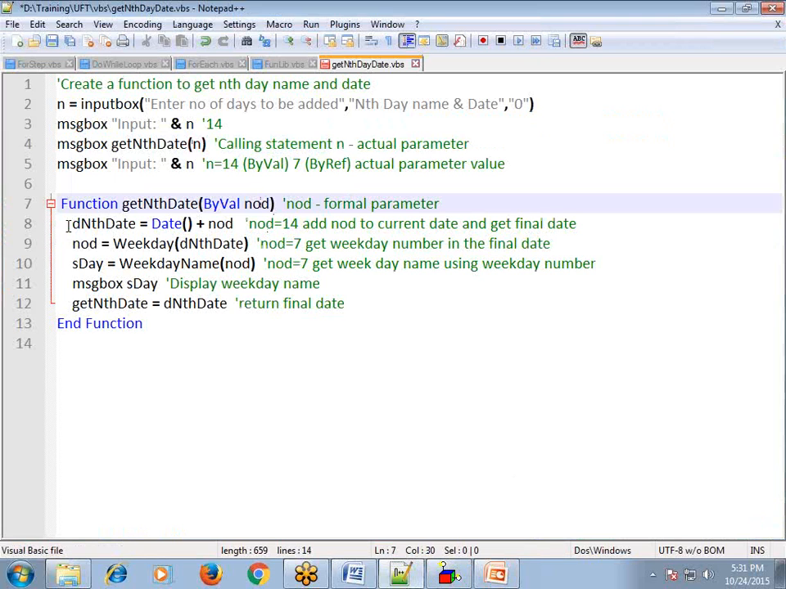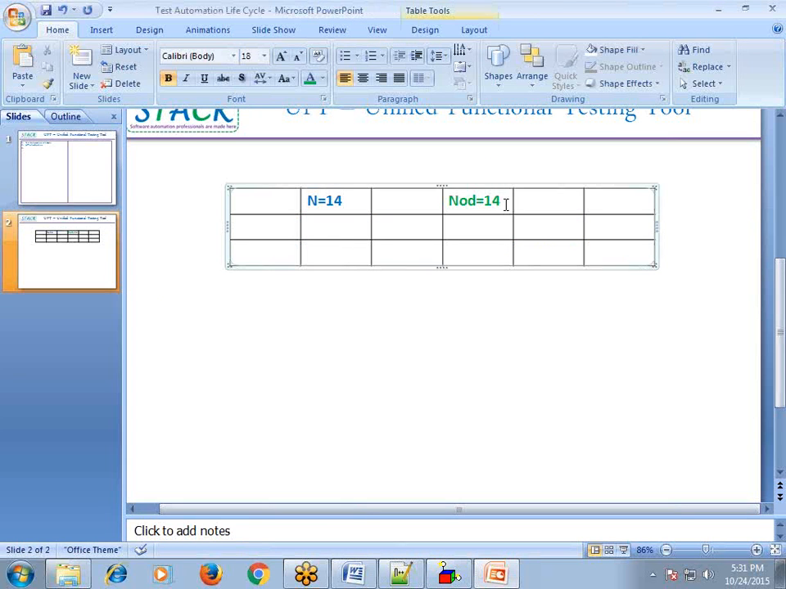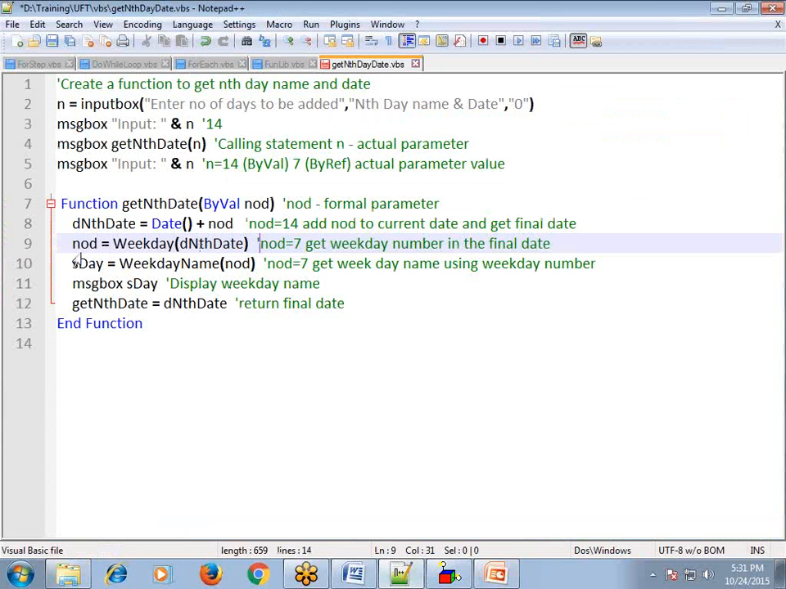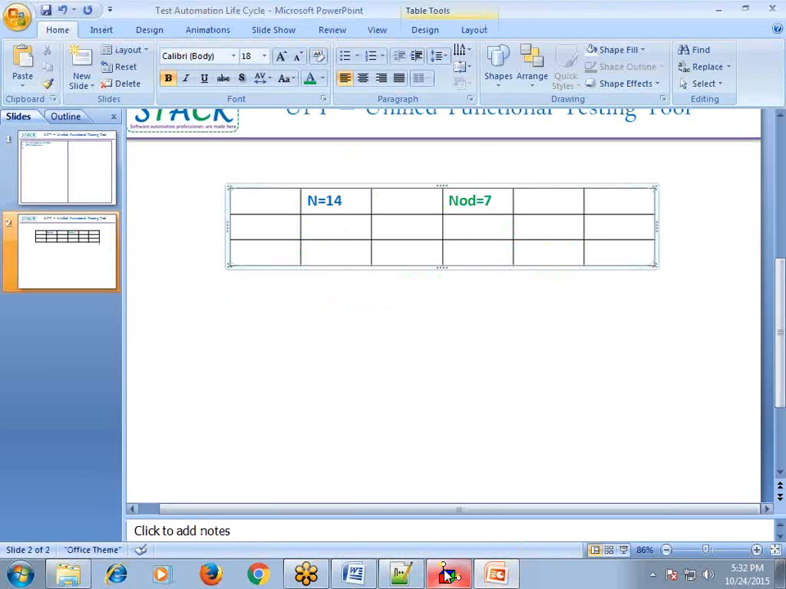So in line number 8, what is the NOD value? Still 14. But in line number 9, what is the NOD value? 7. So in line number 9, the NOD value is changing to 7. After running statement 9, the NOD value changes from 14 to 7. That will be updated here immediately. But still the n value is 14. The n value is not changing here,